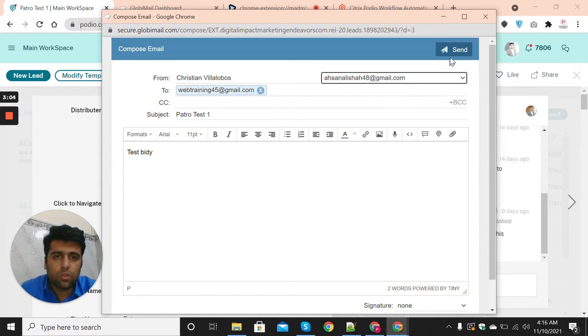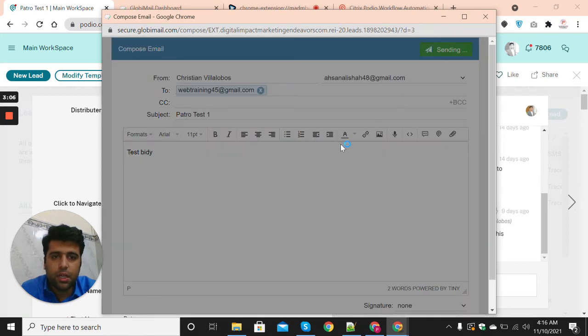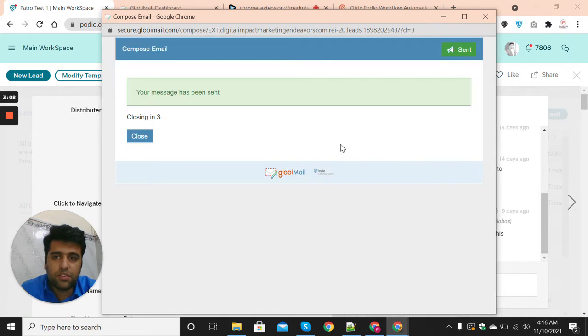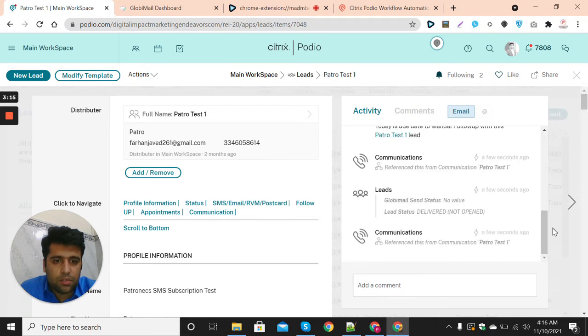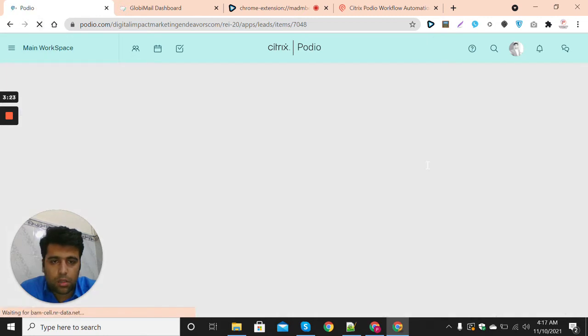When I click on the send button, this email will be sent to this email address using the Mail service. Once an email is sent, the relevant communication is created here, and it should also be logged on this Podio item.